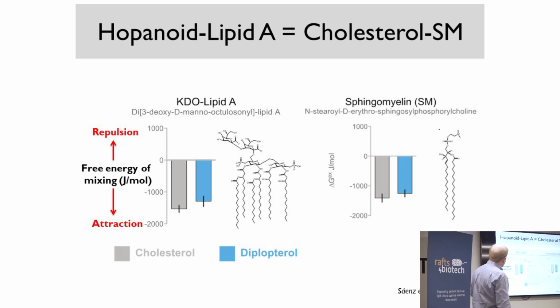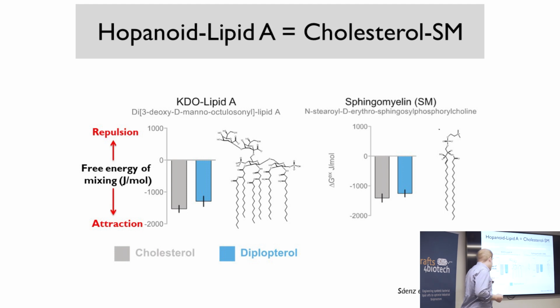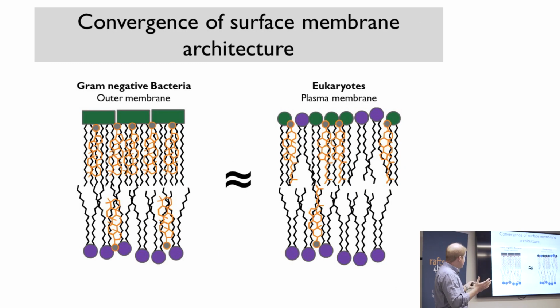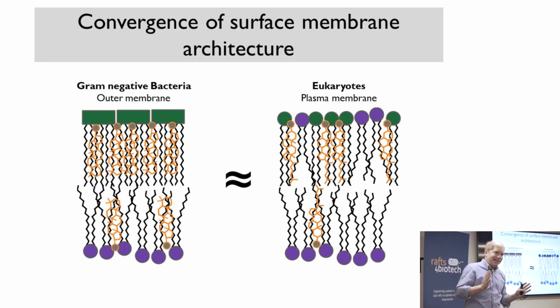And what we found was we get the same negative free energy of mixing for the diplopterol with Lipid A and cholesterol with Lipid A, and the sphingomyelin with cholesterol. So there's a thermodynamic analogy between the interaction of a Hopanoid with bacterial Lipid A and cholesterol with sphingomyelin, which is really interesting. And it led us to this currently unproven, untested model, which is that, okay, in